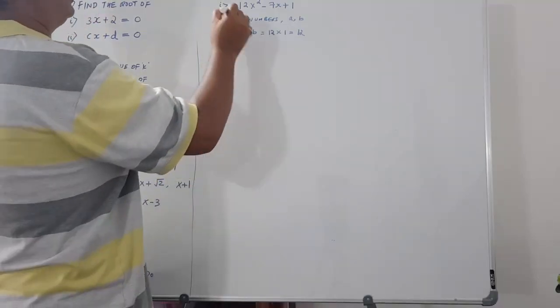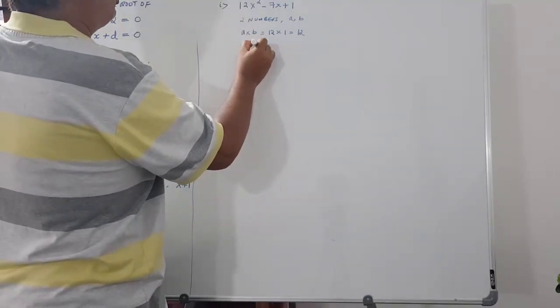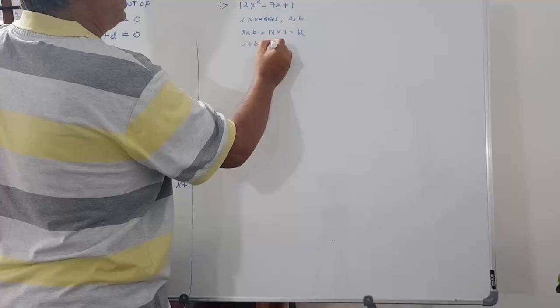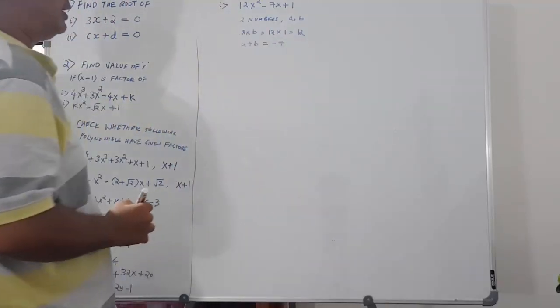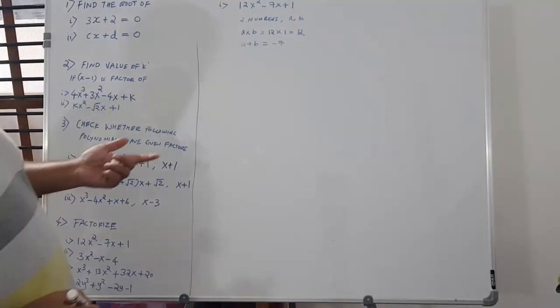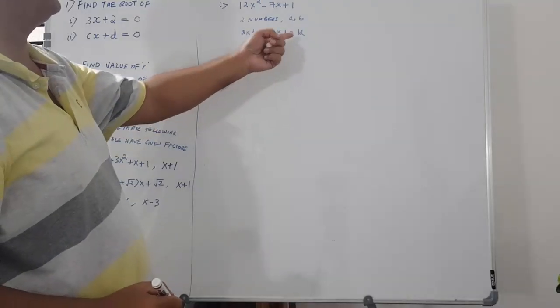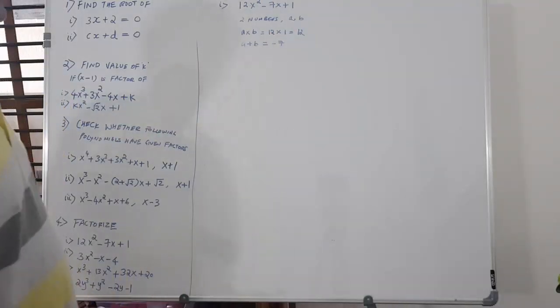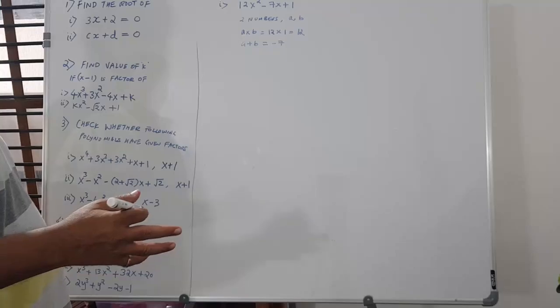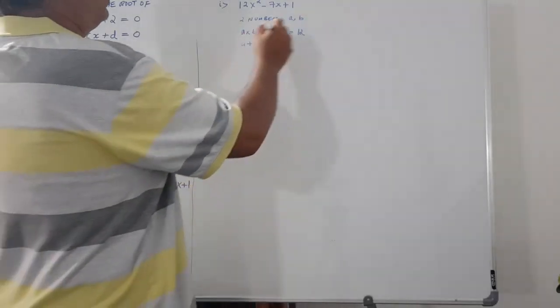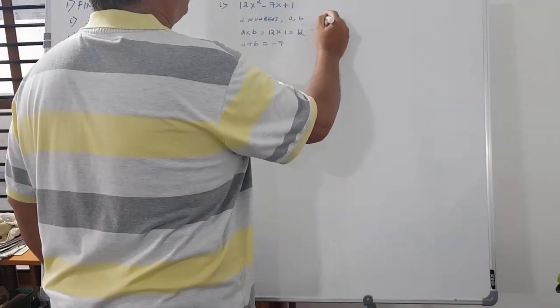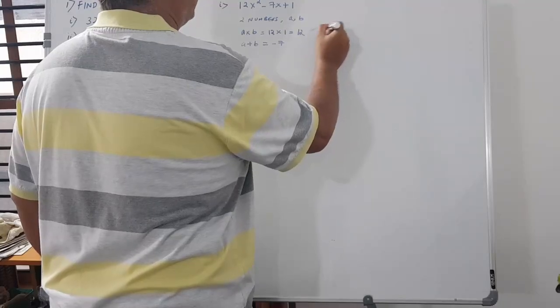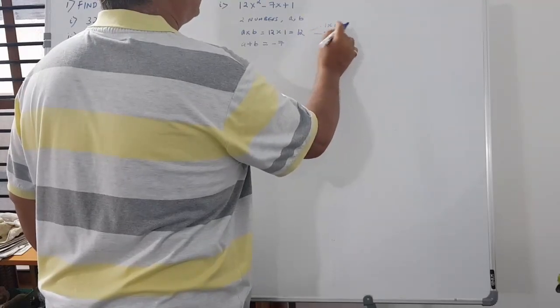And the sum of those numbers should be the b, minus 7. So if you think of it, the sum must be minus 7 and the product must be 12. For 12, you can have 1 into 12, or you can have 2 into 6,